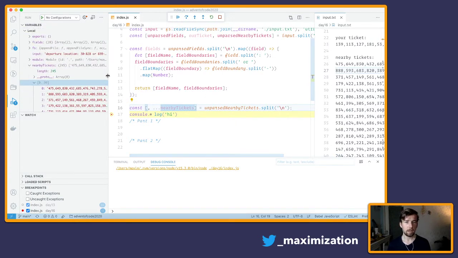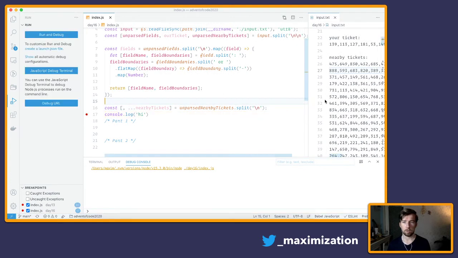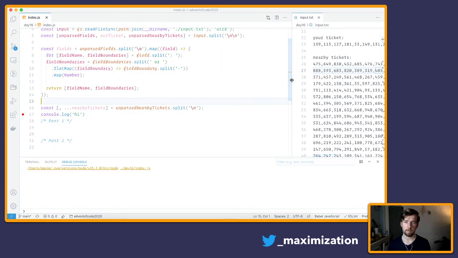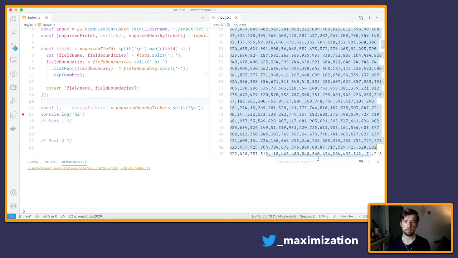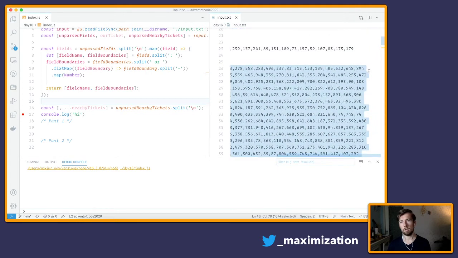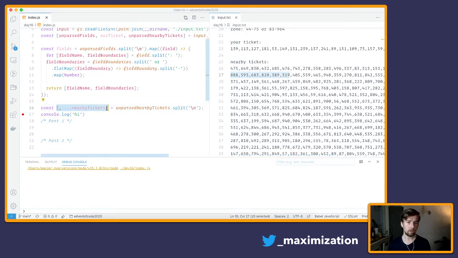So what is happening here is basically I'm splitting the string. Let me make this smaller and this bigger. Okay, so I'm splitting this entire string by new line. So the new lines are here at the end. The first element is gonna be this, the second element is gonna be that, third is gonna be that, and so on. And what I'm doing here in the array destructuring is saying the first element is here, so the first element we could assign it to